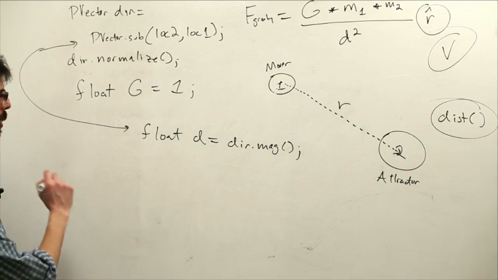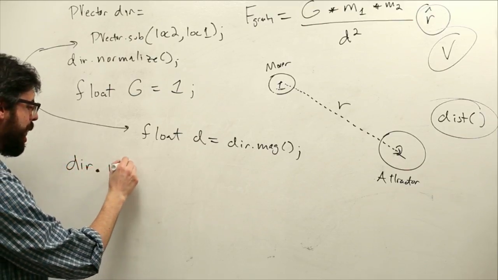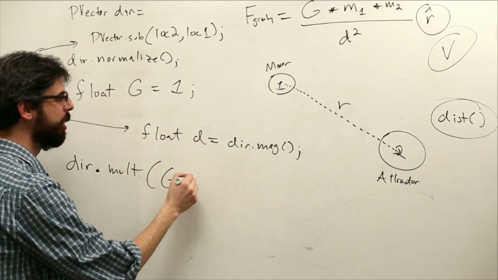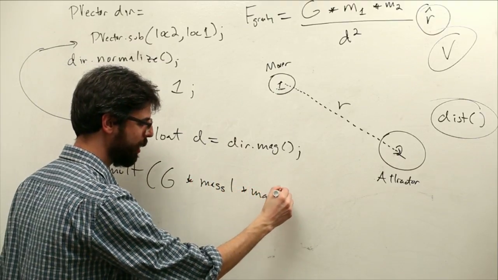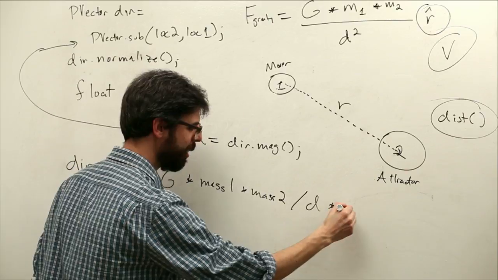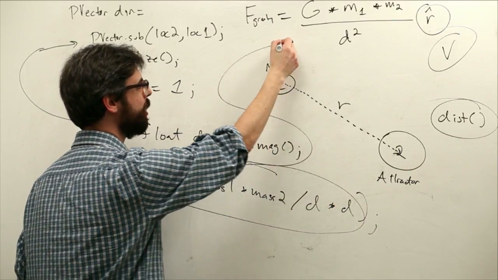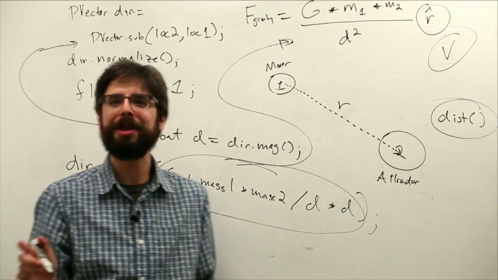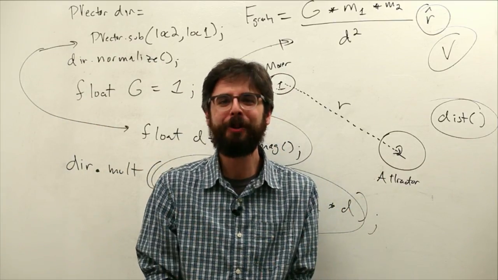Okay, so now that we have that, dir multiplied times G times the mass of object 1 times the mass of object 2 divided by d times d. So this is the magnitude as it maps to this formula. And again, we have something very special here. It's very special and nice about this. What we're doing, remember,